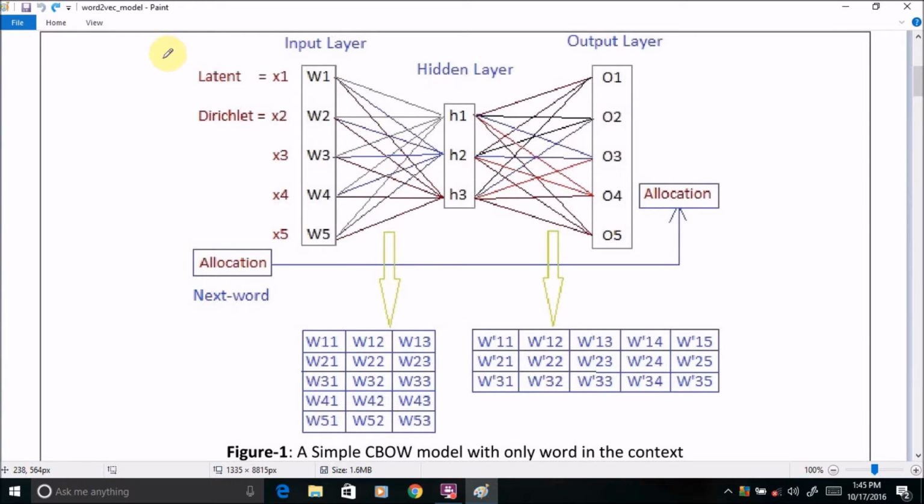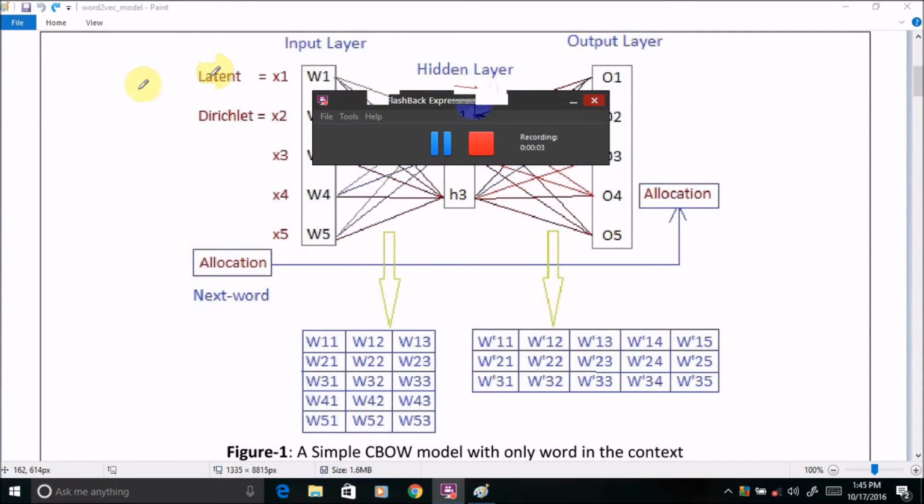Now let us take a very simple continuous bag of words based model with only one word in the context to explain the CBOW based architecture. Actually, CBOW based architecture contains three identifiable layers: input layer, hidden layer and output layer. The number of nodes in the input layer and output layer depends upon the vocabulary size we use, and the number of nodes in the hidden layer represents the dimensionality, and it may vary from one word to maximum vocabulary